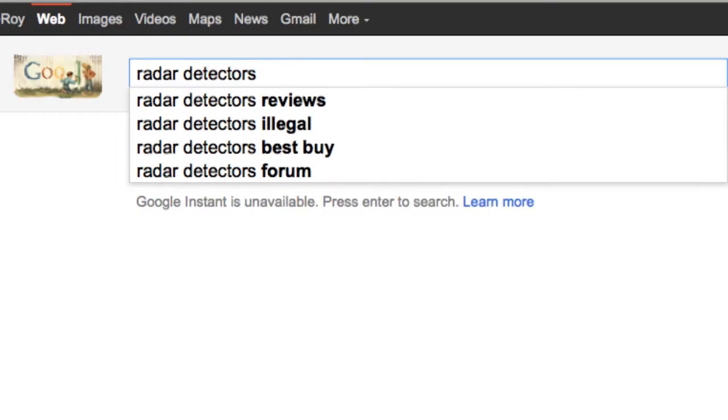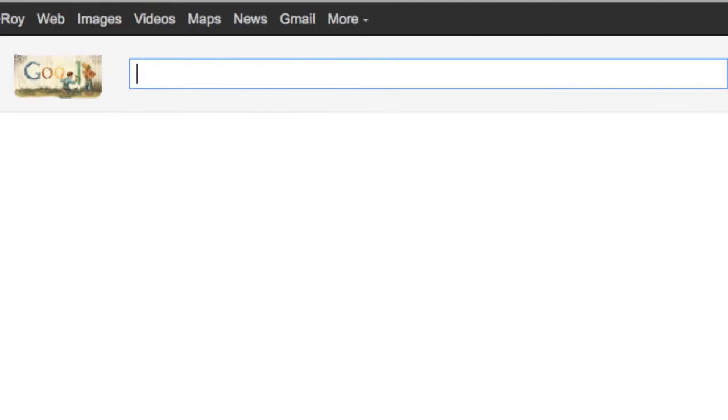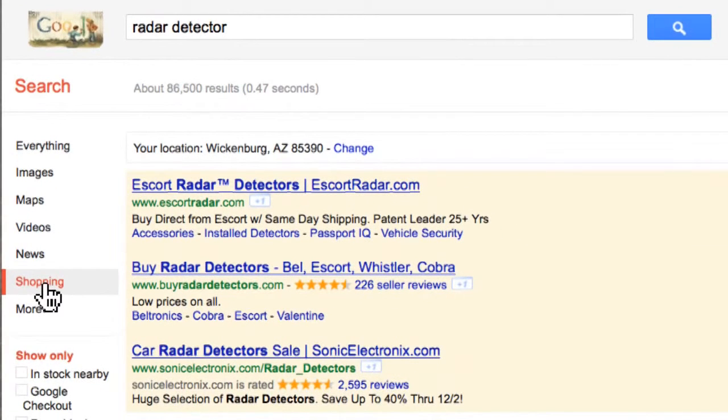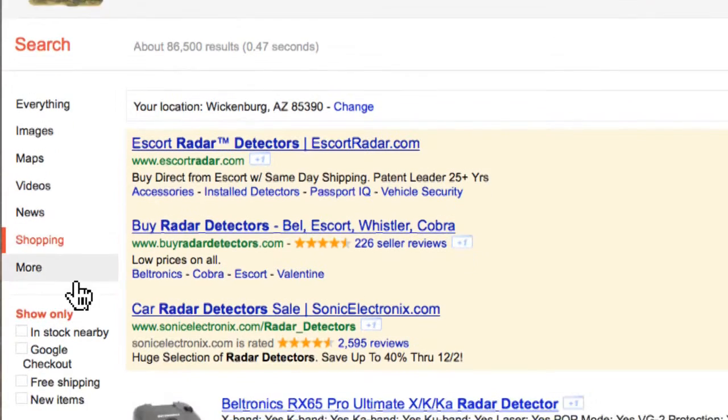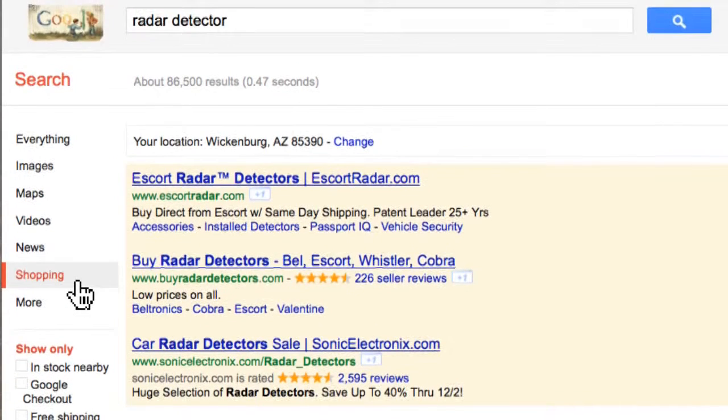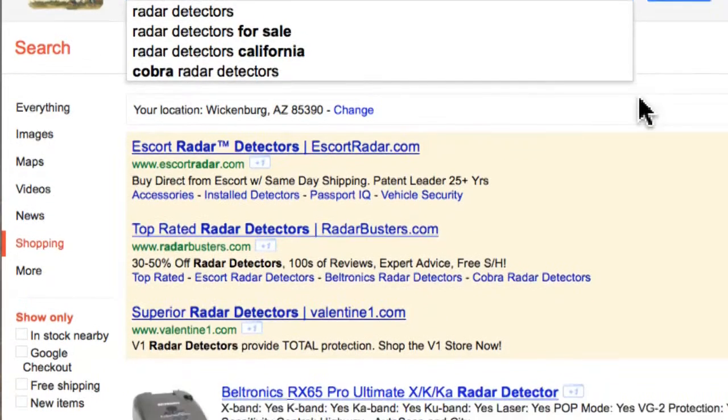And let me show you some other kind of cool tools that I like to use. I like to use the shopping tab here. On your left hand side you'll see a link that says shopping. Even though my current website, RadarDetector.org, is strictly a review site and we don't sell radar detectors, I like to know what some of these brands are that are popular, the actual models. So if I just type the keyword phrase radar detector or radar detectors into Google Shopping,